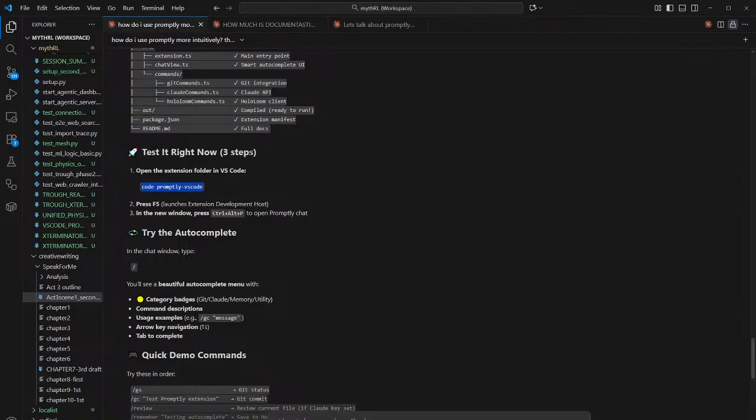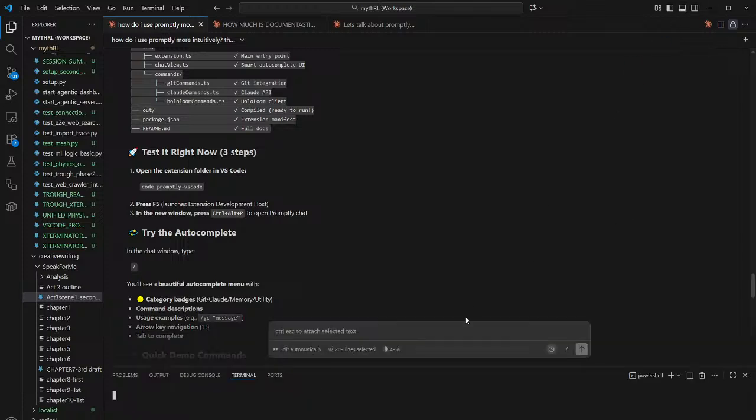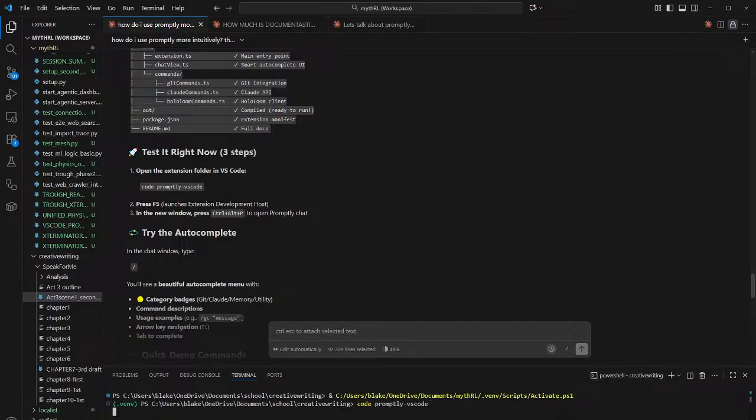All right, test it right now. Open the extension folder in VS Code. Press F5. So, the terminal. I hit the PowerShell. I'm in the wrong folder. Who cares? Shouldn't matter. F5.